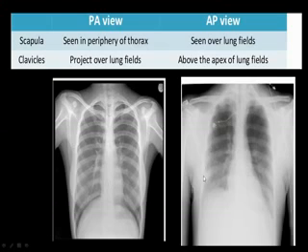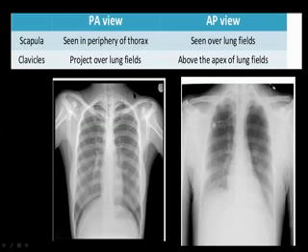It is overlapping some of the lungs because mostly these AP views are done in patients in the ICU who cannot stand up or are lying down. So they may not be able to cooperate to move their hands. In such cases, the effect is that the scapula is overlying the lungs. Sometimes if the patient is able to move his hands, we may be able to do an AP view without the scapula, but still this is one of the commonly seen things in an AP view.